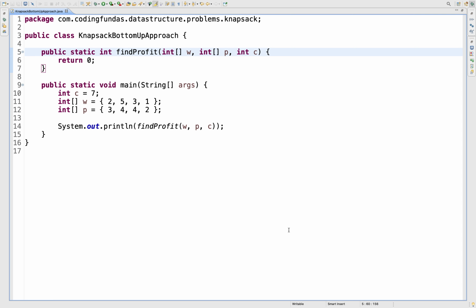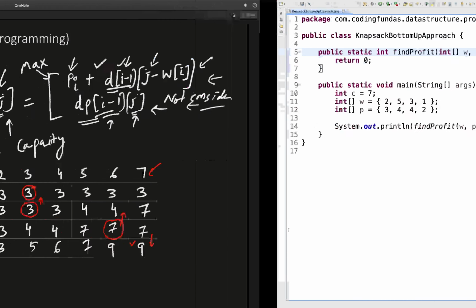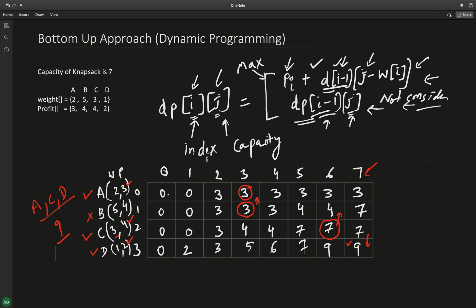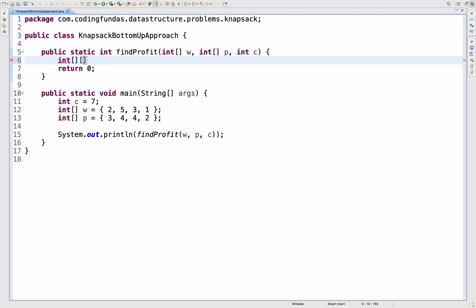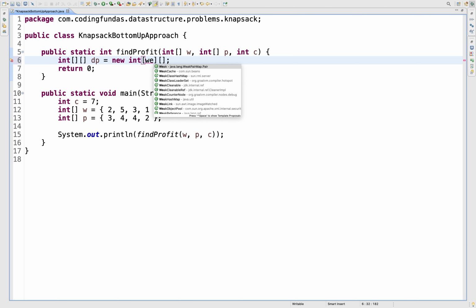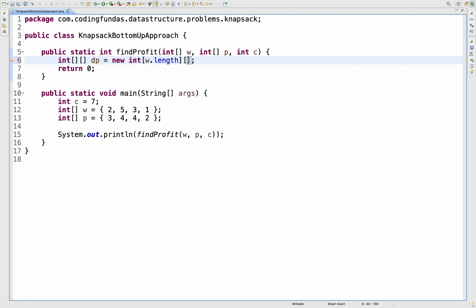In this, first of all, we need to take that 2D array. If you see here, we have taken a 2D array of size number of items multiplied by capacity plus 1. So here also we'll take an array, I call it dp, and its size will be length and capacity plus 1, right?